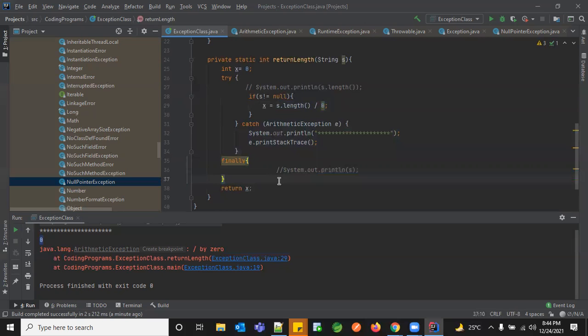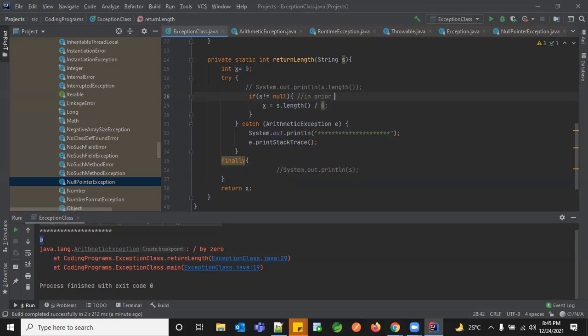The question which Divya asked, is it fine to have multiple try-catch blocks? It is fine unless you are dependent on the input which you are receiving from your existing piece of code. If you're not dependent, it's okay to suppress and handle in your catch blocks. But if you are dependent, try to handle that particular exception and then come to the next line. Otherwise, you might get into a failure where you will not be able to get your length itself because your s itself is null. So always we need to handle such exceptions beforehand if you are aware of those errors which can happen in runtime.